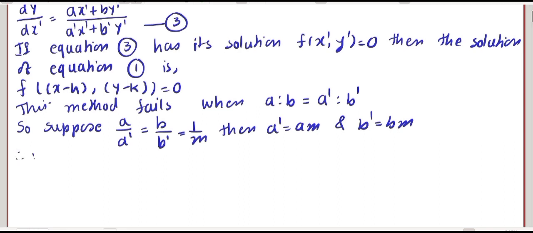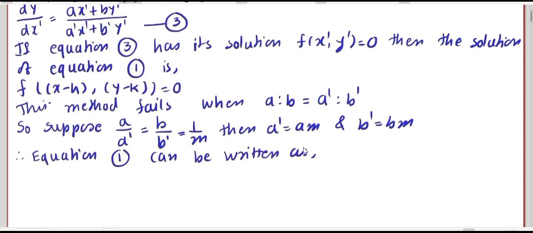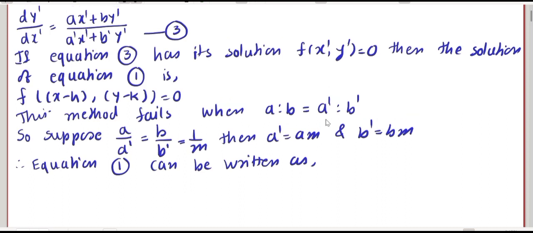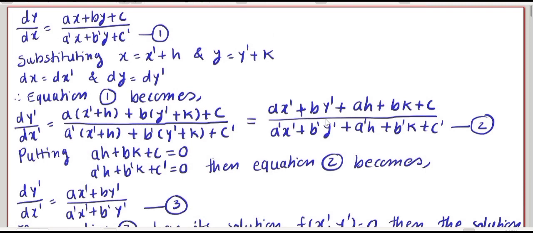Therefore equation 1 can be written as follows: we substitute the value of a dash and b dash in equation 1. We get